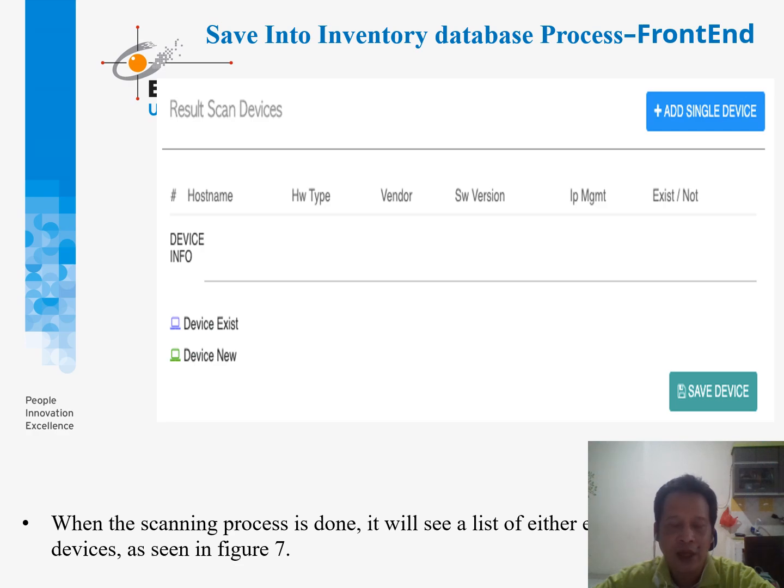Next, we move to the second step, which is the save into inventory data process. As mentioned before, there are two types of save into inventory process: first in the front end, and the next one in the back end. So when the front server requests the scanning process,